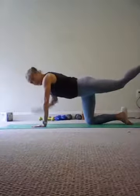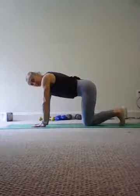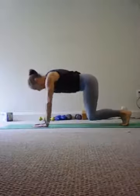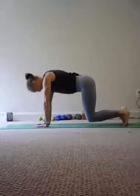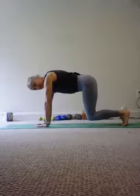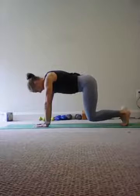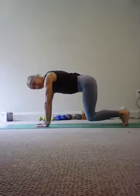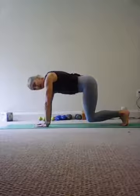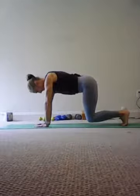We're going to bring that hand and knee back down to the ground. We're going to go ahead and bring our knees just slightly off the mat. We're going to hold ourselves here. We're going to bring those knees in to tap together and apart, and together and apart, and together. 8, 7, 6, 5, 4, 3, 2,